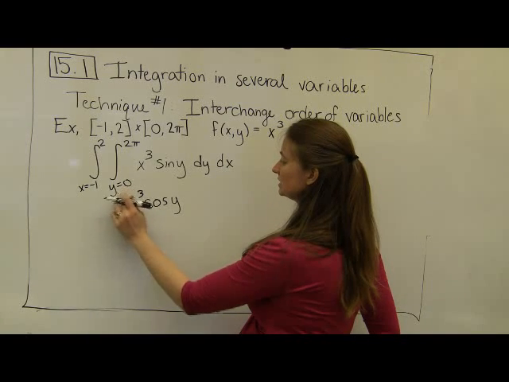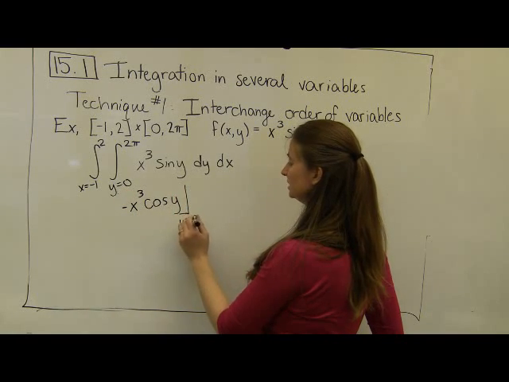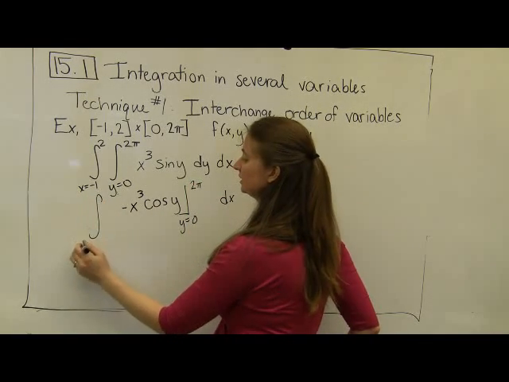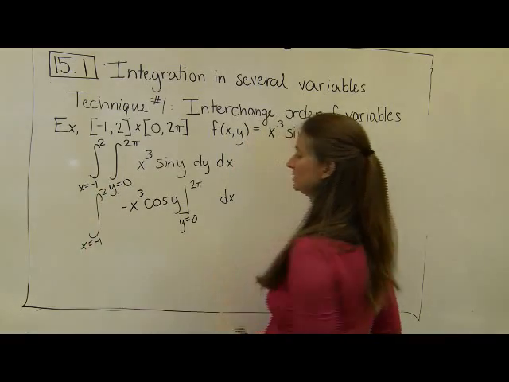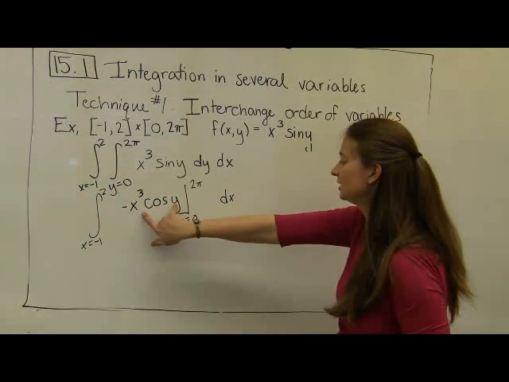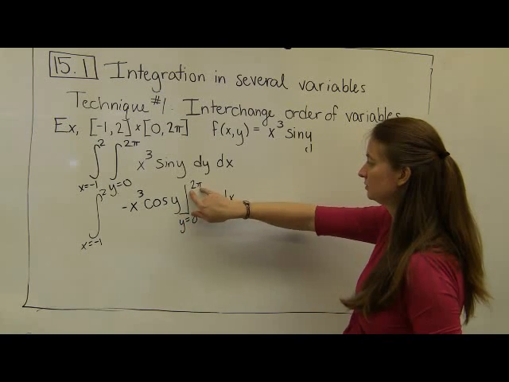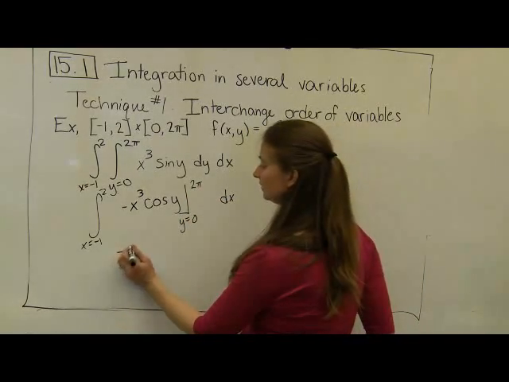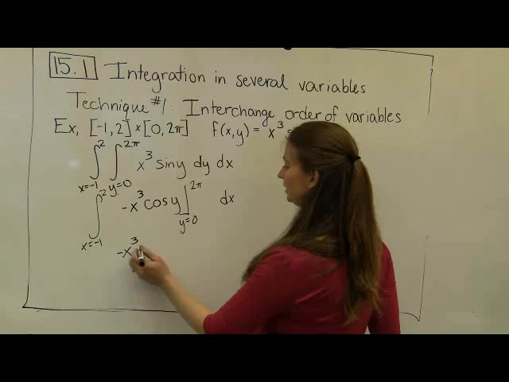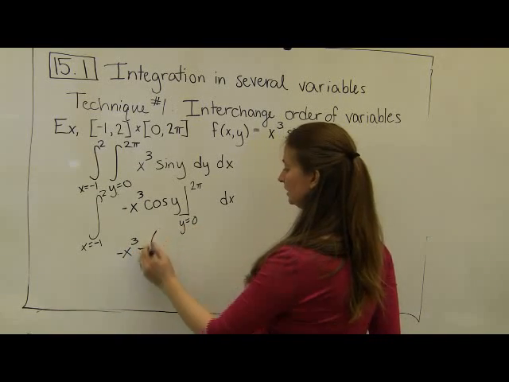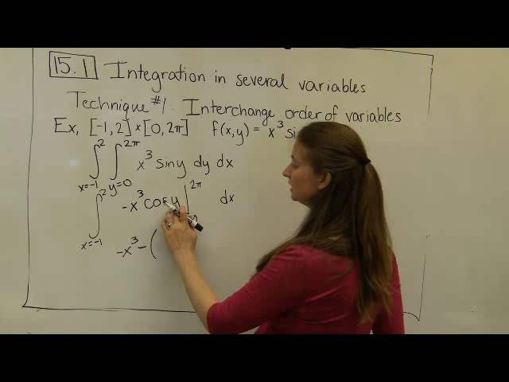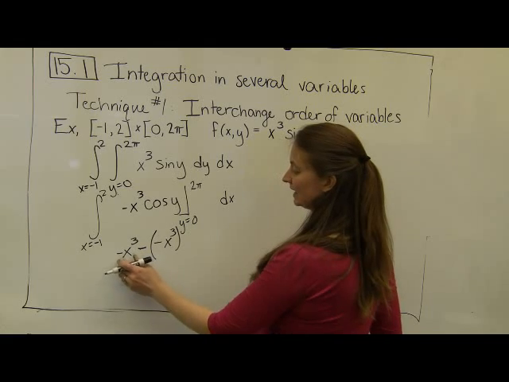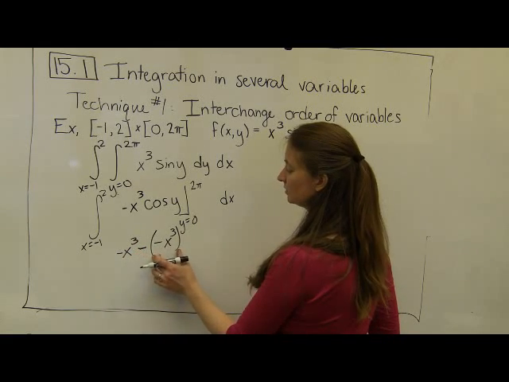I'm going to evaluate this as y goes from 0 to 2 pi. And of course, I need to take along my exterior x integral that we'll get to in a second. So let's evaluate this interior as y goes from 0 to 2 pi. Again, we see that the cosine of 2 pi is 1, so I end up with negative x cubed minus the cosine of 0, which is also 1, so I end up with negative x cubed again. And I get negative x cubed plus x cubed,